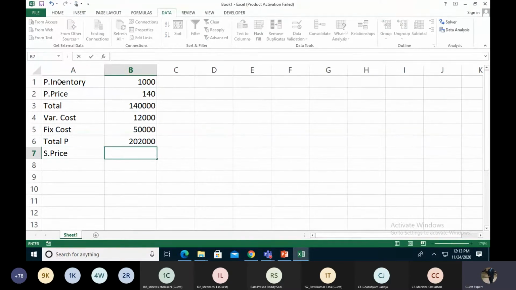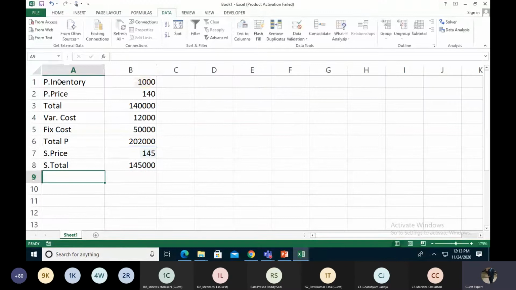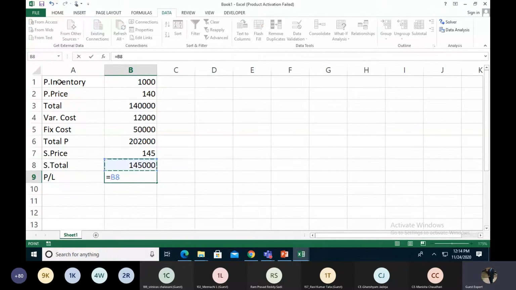I just randomly put any value, like 145, and my sales total is 145 into 1000. And then I find out my profit and loss: sales minus purchase. So minus 77, minus 57,000, I'm facing a loss because I am selling my product at 145.